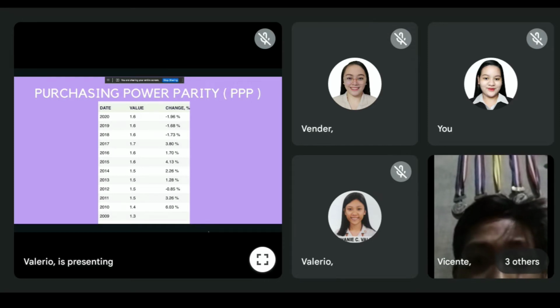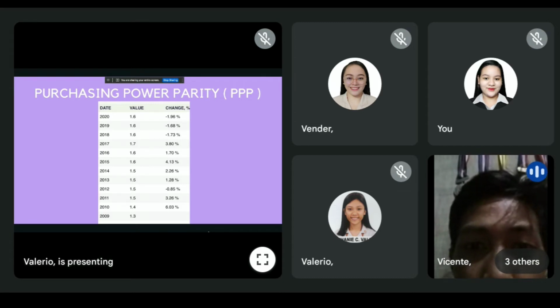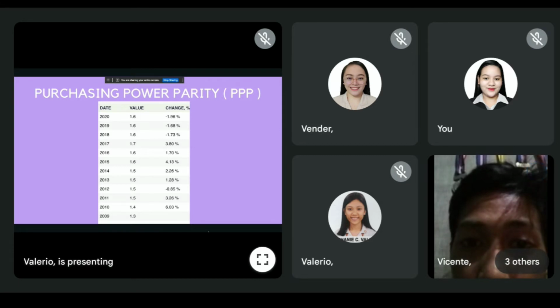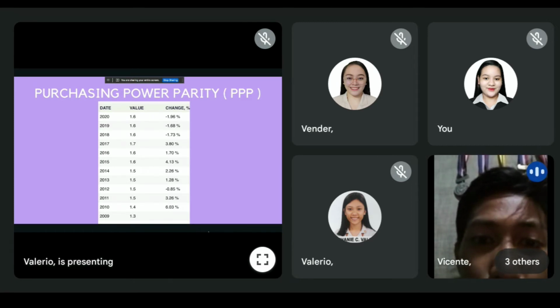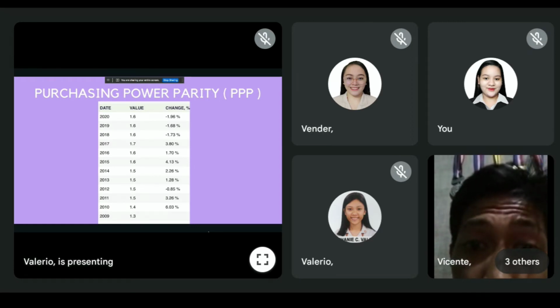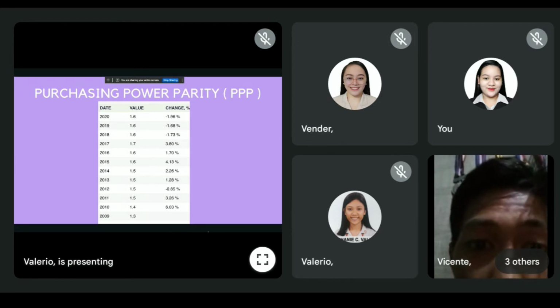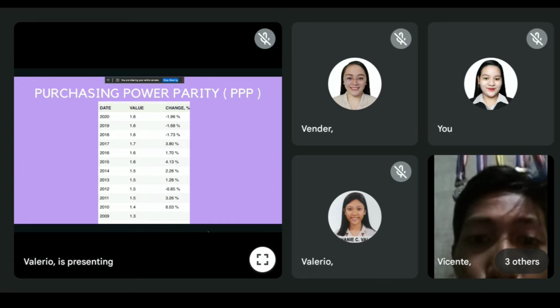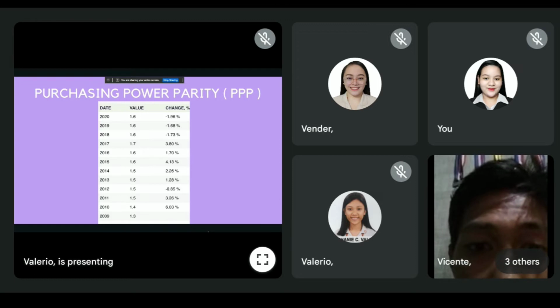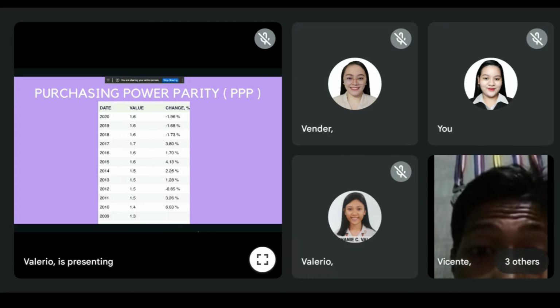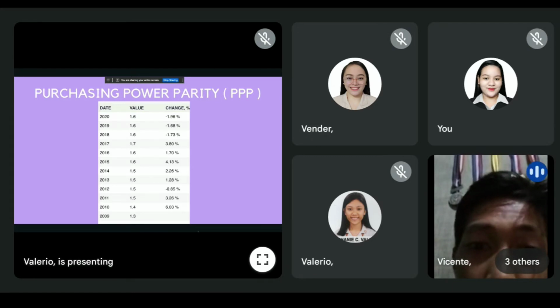Date, value, change. In 2020, 1.6, change negative 1.96%. In 2019, 1.6, change negative 1.68%. 2018, 1.6, negative 1.73%. 2017 is 1.7, the change is 3.880%. In 2016, 1.6, and the change is 1.70%. 2015 is 1.6, and change is